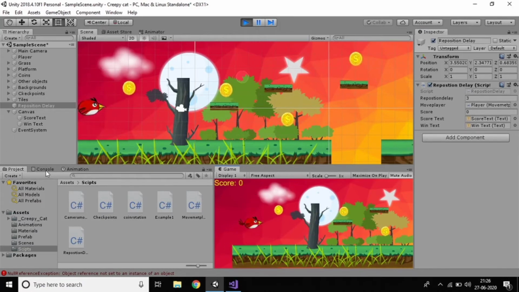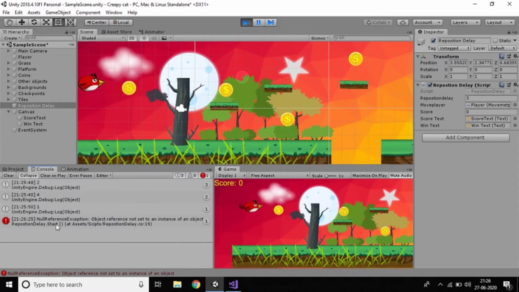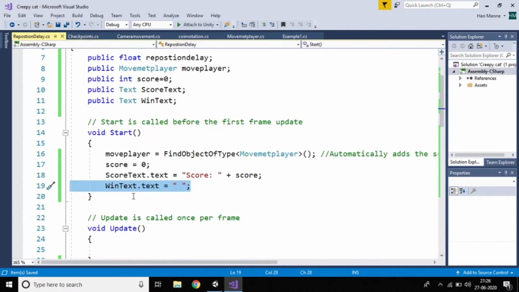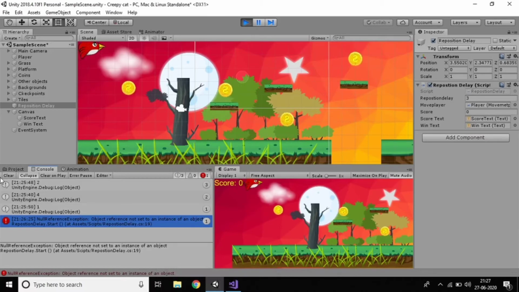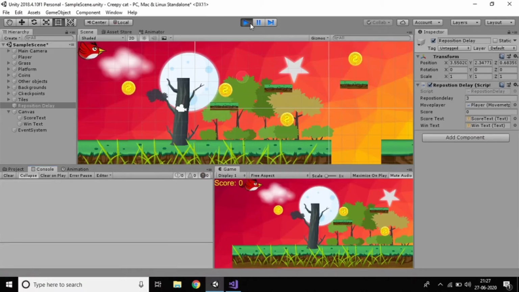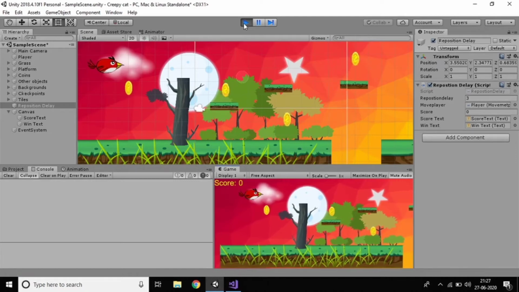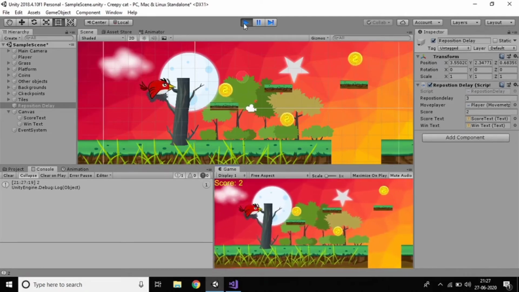There is an error, the start in reposition delay was not accessing this one. So just open this one, winText.text equal to. Why was it not accessing? Now it's clear, right? Just start and you can see now it's working fine, because before we didn't add these things.